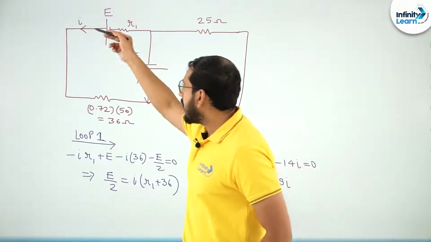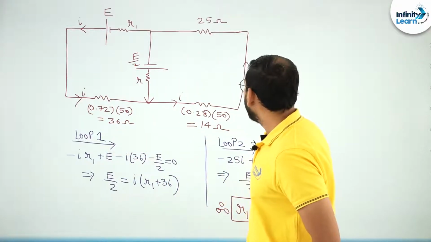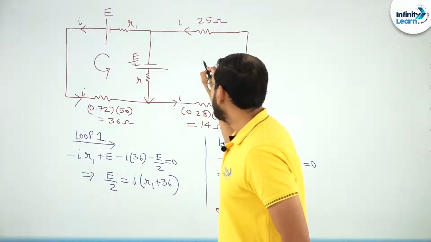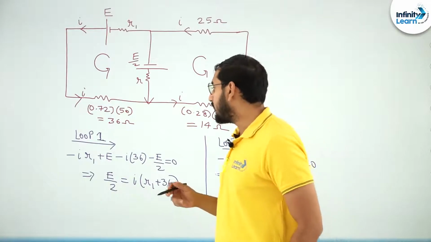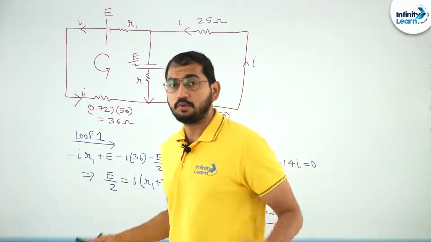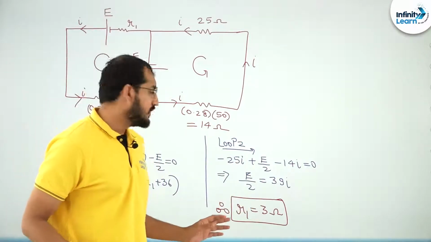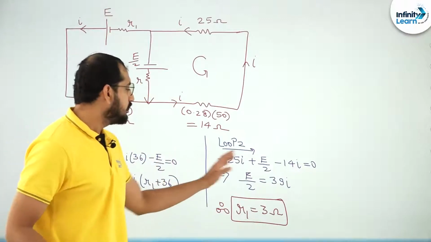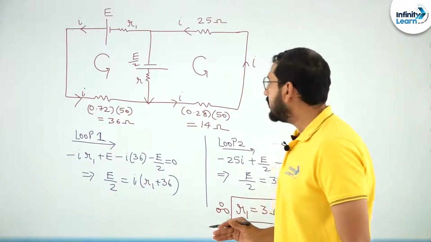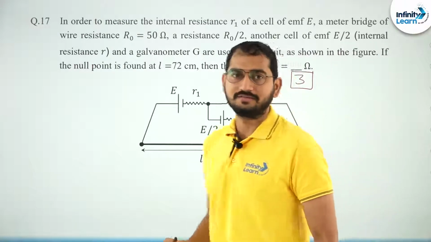What is the direction of current? The current I will be in the outer regions of this circuit only. Now I can apply the Kirchhoff loop rule for loop 1 here and loop 2 here. As you can see, I have applied the equations over here. For loop 1 I get one equation, for loop 2 I get another equation. You can verify, it is a simple application of Kirchhoff, no rocket science. After solving these two we will get the value of R1 very comfortably as 3 ohm. So the value of R1 will come out to be 3. That will be the answer to this question.